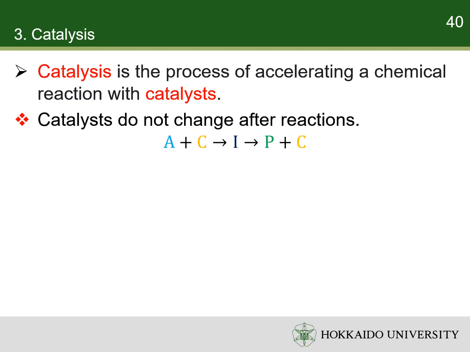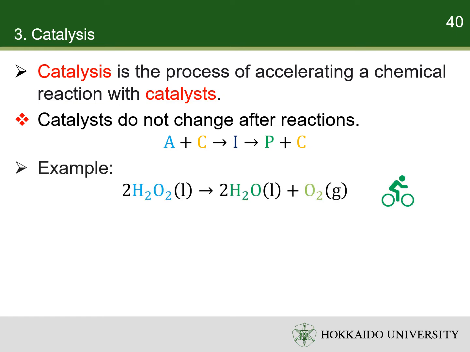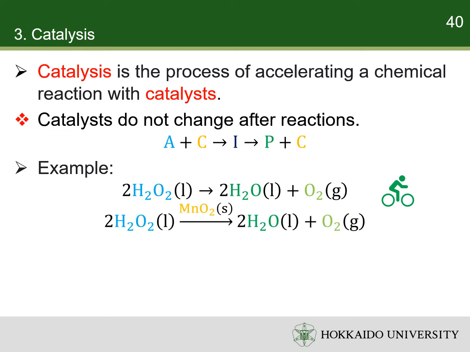It generally reacts with one or more reactants to form intermediates that subsequently give the final reaction product, in the process regenerating the catalyst. For example, the uncatalyzed disproportionation of hydrogen peroxide to water and oxygen is slow. Upon the addition of a small amount of manganese dioxide, the hydrogen peroxide reacts rapidly. The manganese dioxide is not consumed in the reaction. Accordingly, manganese dioxide is a catalyst for the disproportionation of hydrogen peroxide.